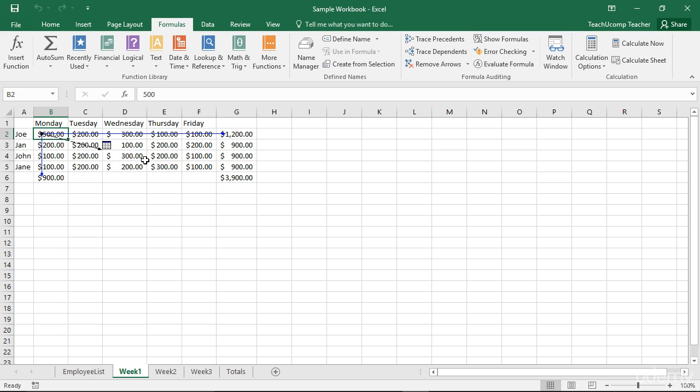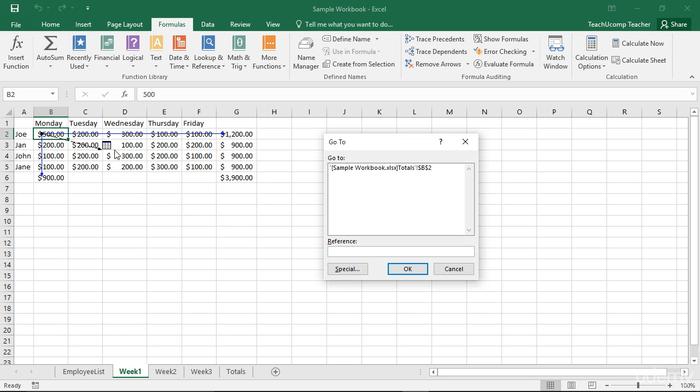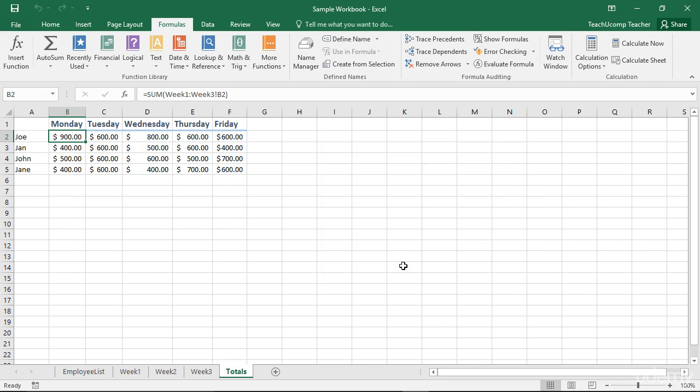If the precedent or dependent cells are on another worksheet, then a black arrow that points to a worksheet icon will be displayed versus displaying a blue arrow. You can double-click on the black arrow to view the Go To dialog box, which should point to the worksheet reference. You can then click on the reference and then click OK to jump to the referenced cell in the